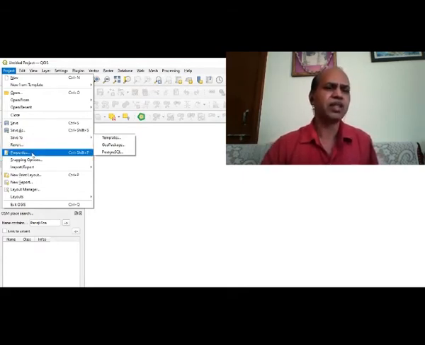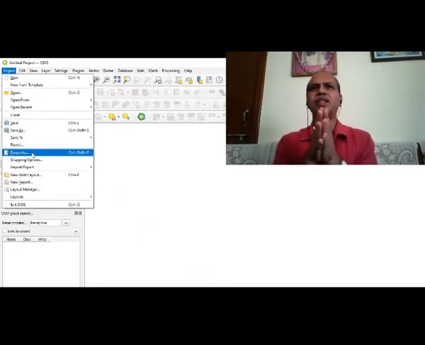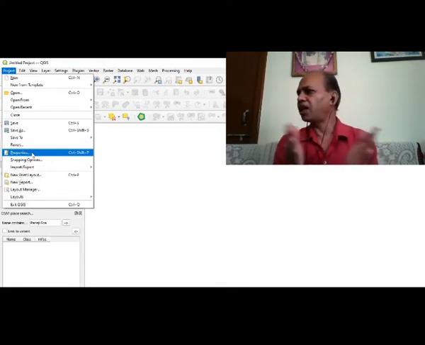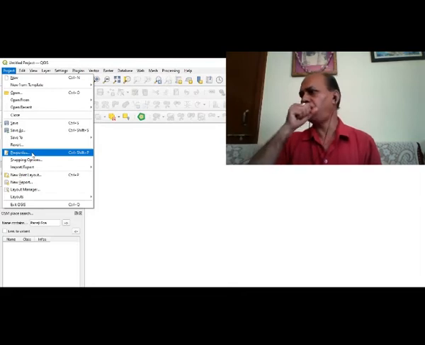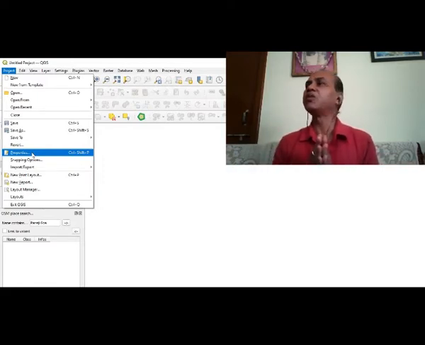Then comes Revert and Properties. When you go to Properties, if you have specific objectives of getting measurements of geometric properties like length or area or various other such measurements, for that you require a different sort of projection, that is called PCS. I hope each one of you must be knowing, PCS is projected coordinate system. It is in meters. All that distance and everything is going to be in meters.